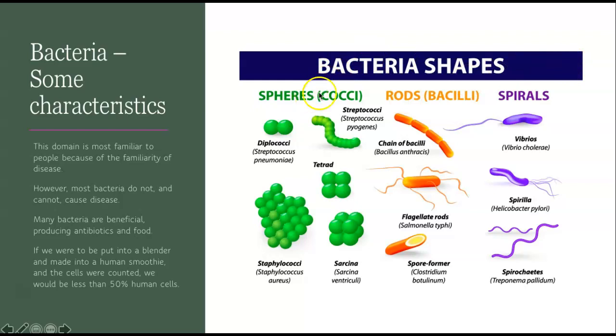Bacteria are normally made up of spheres, which you'll hear called cocci, like Streptococcus. You probably heard of that. But those are circular sphere bacteria. Then there are bacilli, or rod-shaped. You probably have heard of bacillus. Salmonella is a bacillus. And then there are spirals, which are called spirochetes, and you've probably heard of spirochetes before. But anyway, those are just the three different shapes and some information about bacteria.